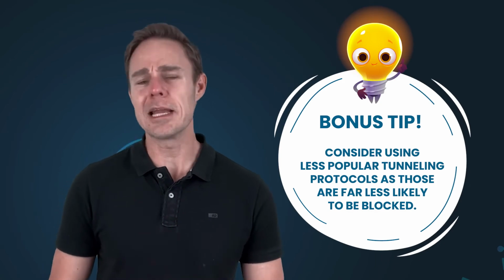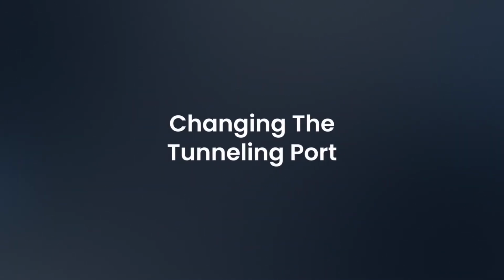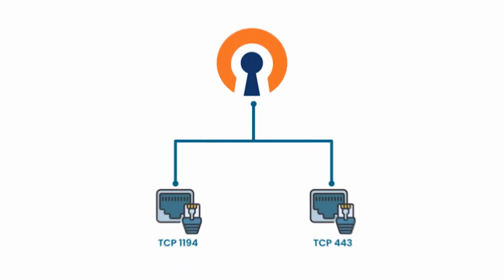Sometimes VPNs are blocked because of the specific tunneling protocols they use. Fortunately, you can change this protocol within the settings of your preferred VPN's app. Bonus tip, consider using less popular tunneling protocols, as those are far less likely to be blocked. Some VPNs also allow you to choose the encryption algorithm, which could also work to get around those pesky blocks. For the tech savvy out there, one other solution you could try is changing the tunneling port. The default ports of OpenVPN are 1194 and 443, but that doesn't mean they can't be changed. You'll have to do it manually, so if you're not up to the task, try some of the other solutions